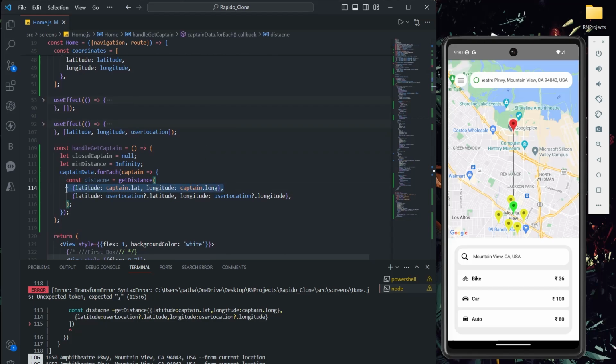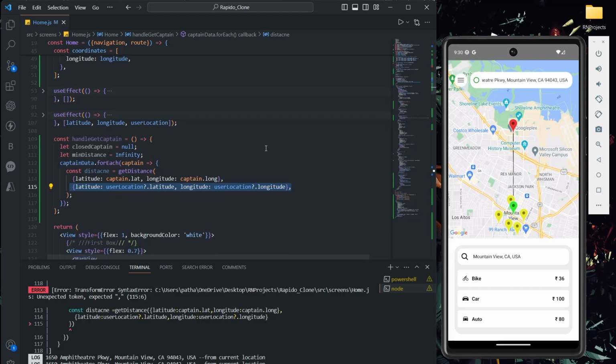Initially this was each captain's, and this is my comparing. What I'm doing is getting this distance, checking each captain's distance with my origin, the red color origin. So what we'll get here is distance.